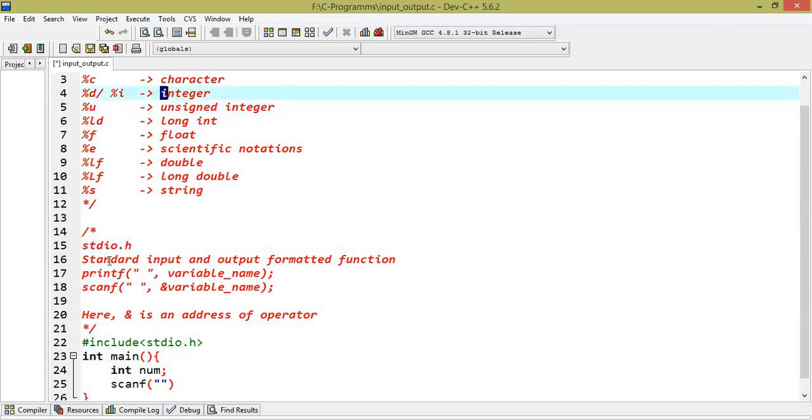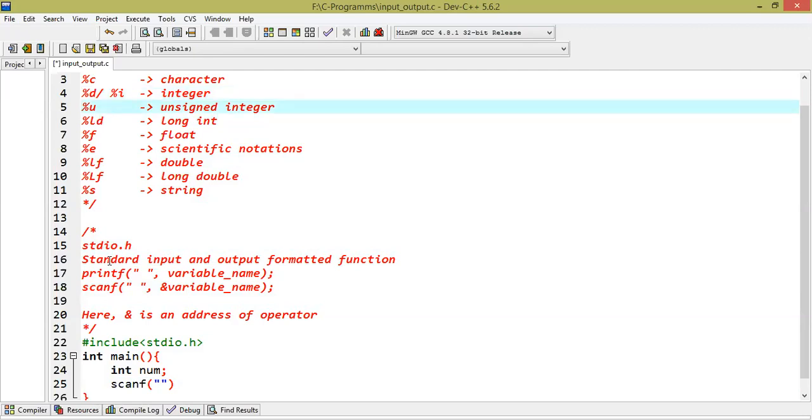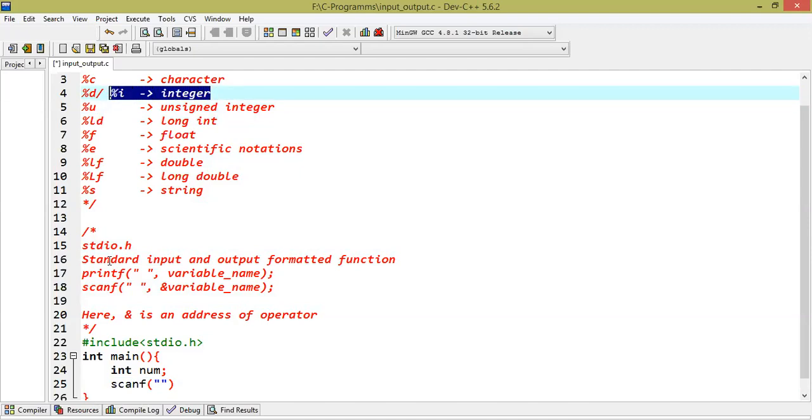To take input an integer, we can use either %i or %d as a format specifier. But if you want to take input an unsigned integer, where only positive values will be accepted, then you can use %u. If you want both unsigned and signed, then you can use either i or d. d means decimal, i means integer.